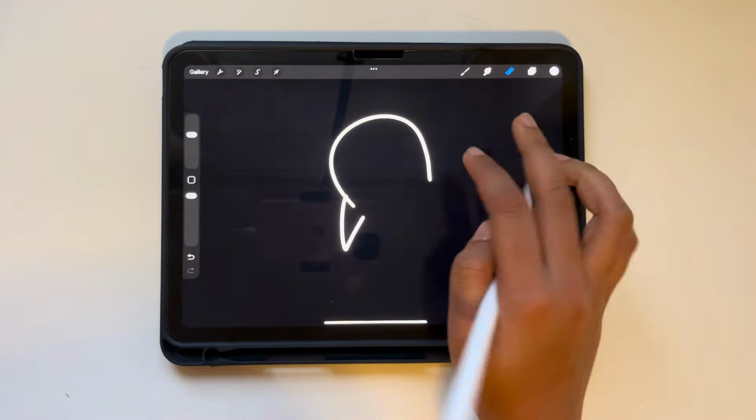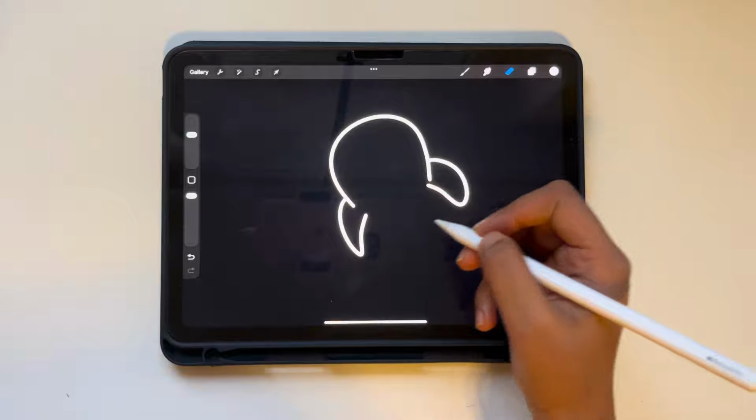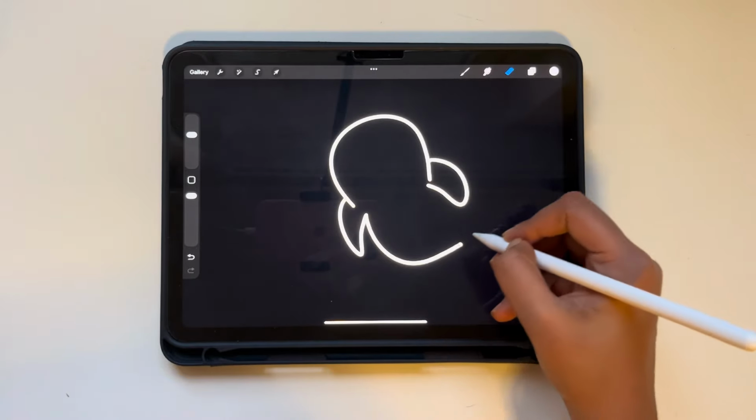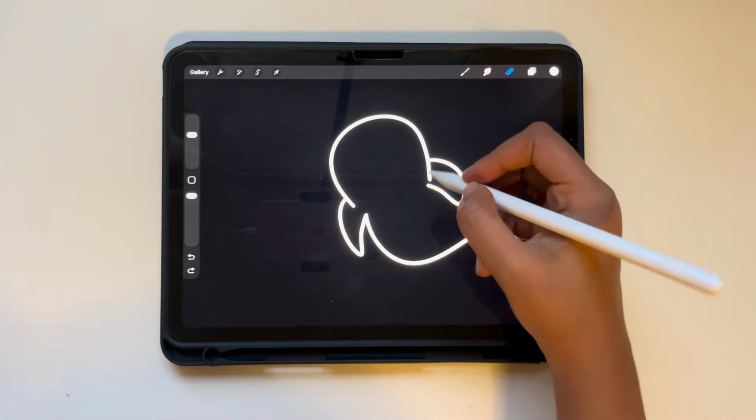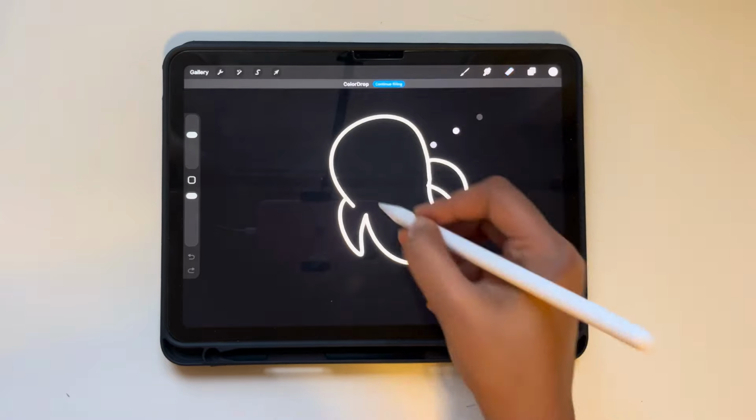Now hands, and now we are going to draw tail like this,